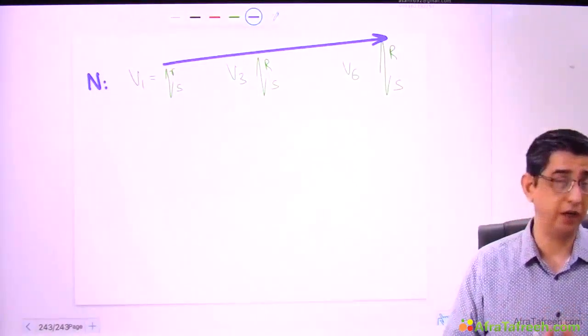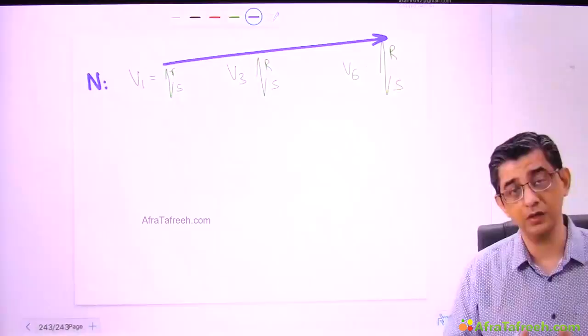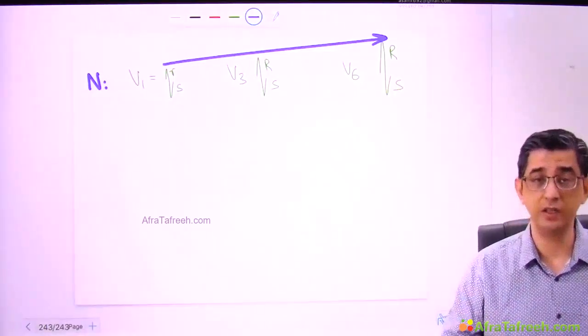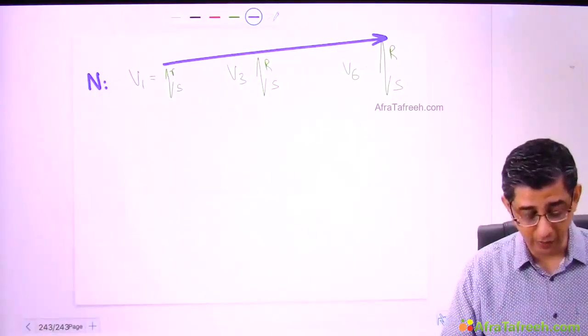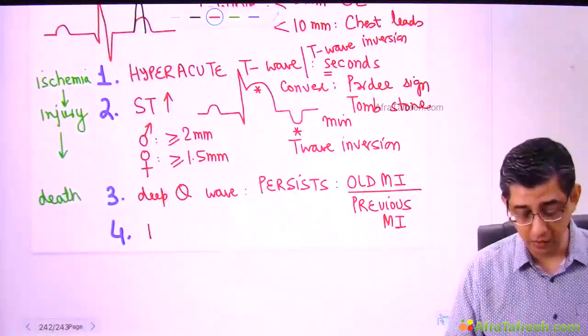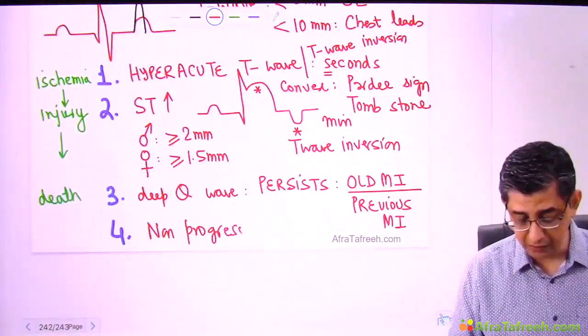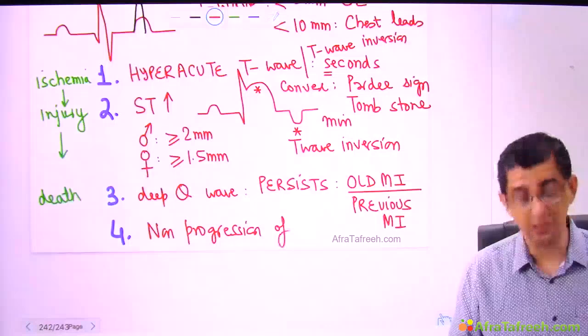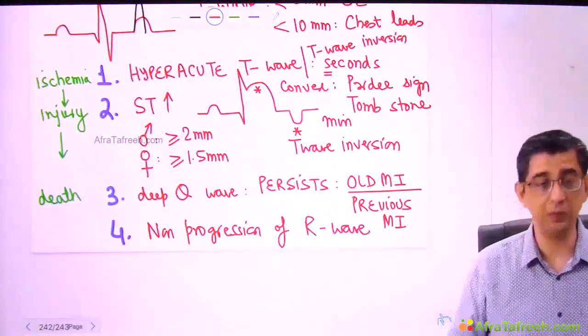If the cardiac electrical activity overall generated is lesser because there is death in the heart, there is necrosis in the heart. So due to lesser current generation, the height of the R wave may not increase the way it should. And that is why in textbook it is written this statement that I say next, that is non-progression of the R waves. This is in fact itself a question. One of the important differential diagnosis of non-progression of the R wave is the topic that we're studying. That is going to be myocardial infarction.